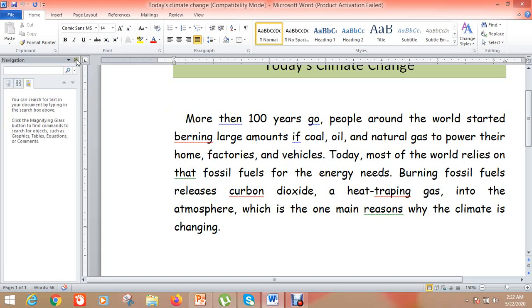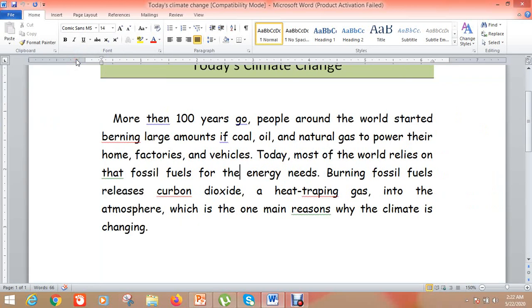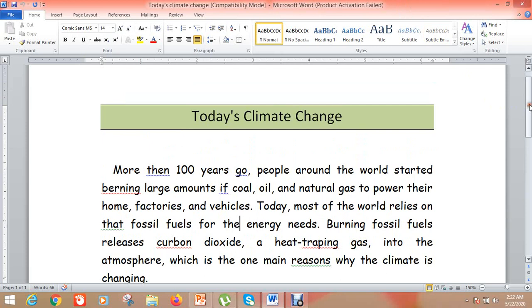Suppose you have made a document on climate change, and let's suppose it's 20 pages and you want to replace the word climate with the word weather.